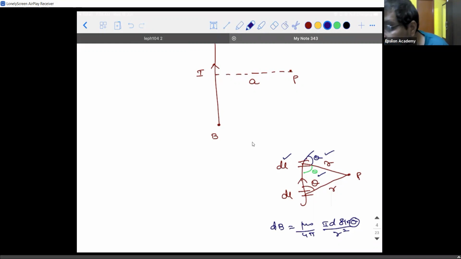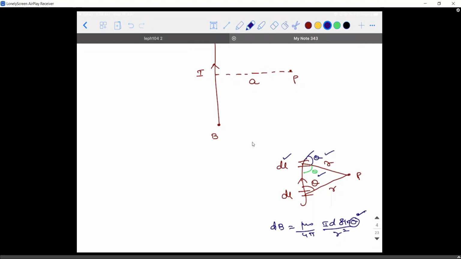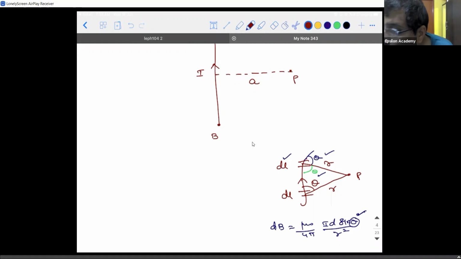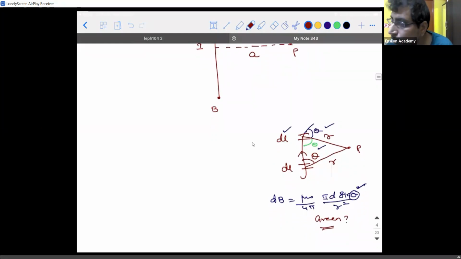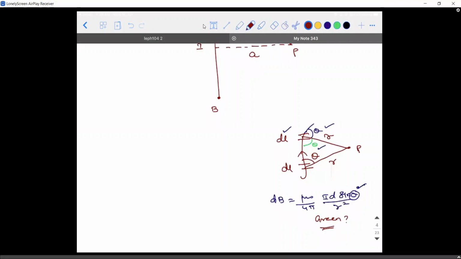Now, in this particular place, which theta should I apply? Do I need to take the blue one or the green one? Take the enclosing one, sir. That's the green. I need to take green, correct? Yes or no? Guys, yes, okay, but that is wrong.